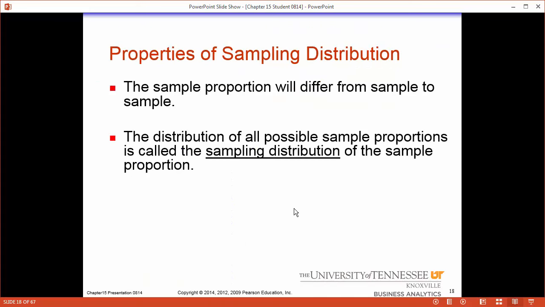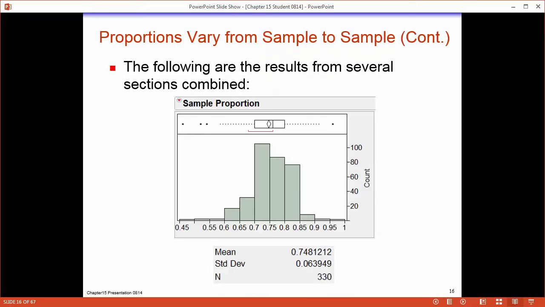So let's talk about what's going on here. We're looking at the distribution of all possible sample proportions. This is called the sampling distribution of the sample proportions. I want to make this clear. We are looking at, right here, a distribution of sample proportions. That's what this is. This graph is made up when people attempt 50 free throws, and then they put their observation in this bin.